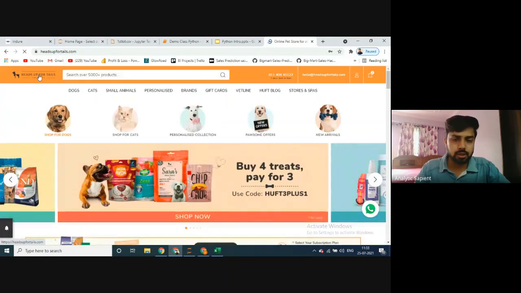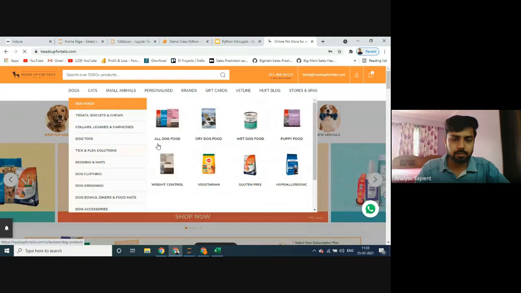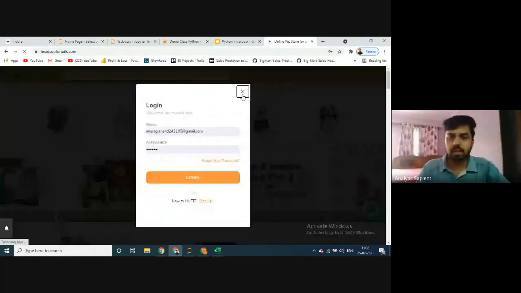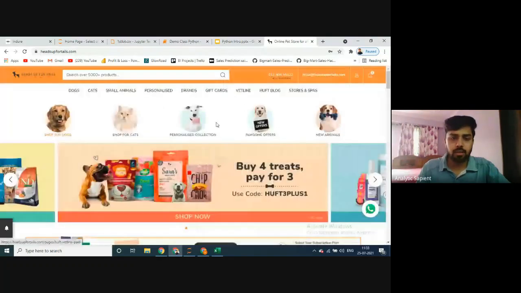So what we are going to do is, the first step, we are going to go to the home page to log in using this login sign here. After clicking on this login, we are going to enter our email and password. Here it is auto-filled, but in reality, we'll be auto-feeding the email ID and the password. Then we are going to click on login. This is another step.